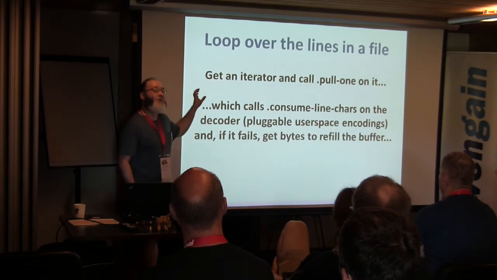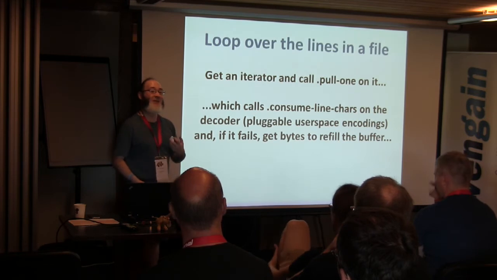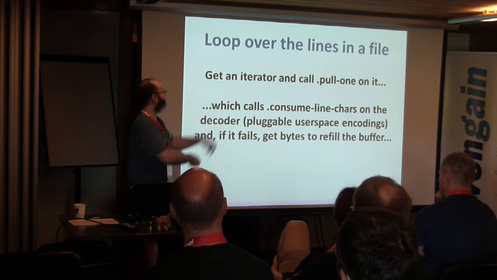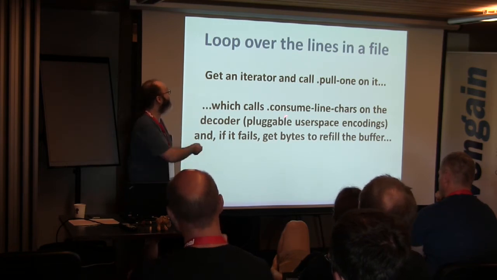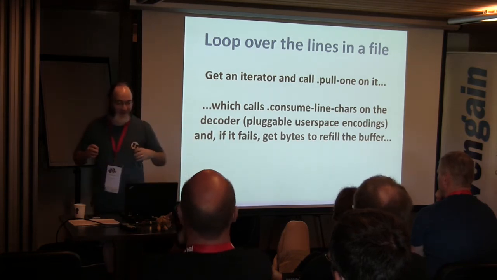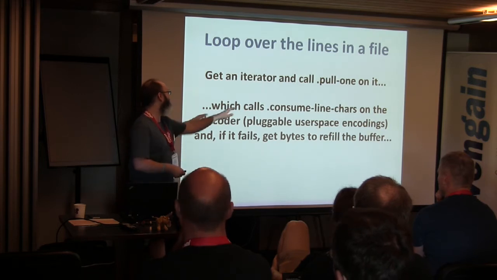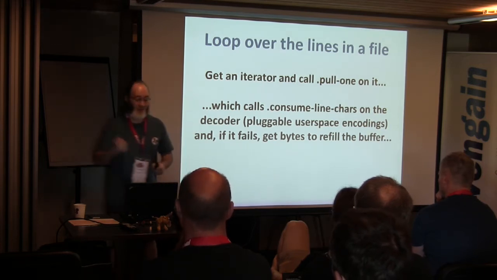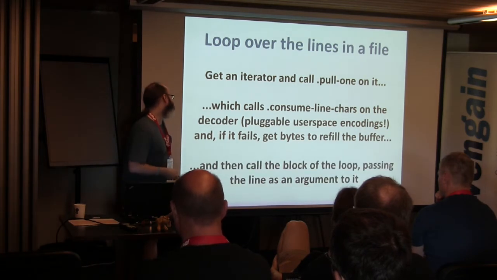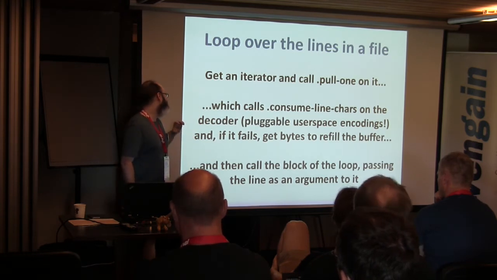Pull1 then goes to a decoder object, because of course we support pluggable user space encodings, so you can plug in your own encodings if you want. But that's a method call on the decoder to consume line chars. Now consume line chars might actually fail because it's run out of stuff in the buffer, and then if it fails occasionally, we should go to some slow path and get some bytes off the disk or wherever and fill it up again. And then we have finally the line that we wanted to read,